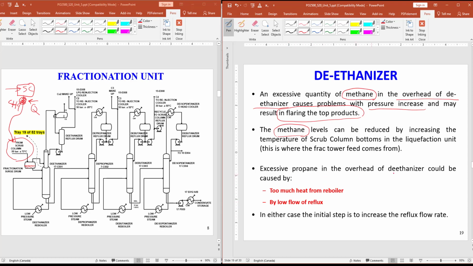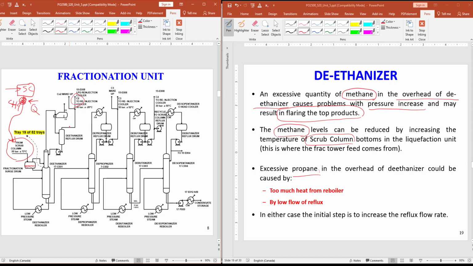Now, excessive propane in the overhead of the de-ethanizer. If we have methane at the top, we can adjust it in the scrub column. If we have propane at the top, if here instead of ethane we have propane, we have C3,